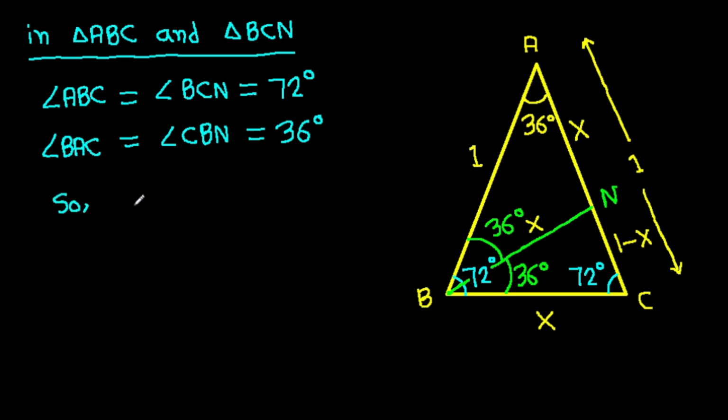So triangle ABC, it will be similar to triangle BCN. Hence